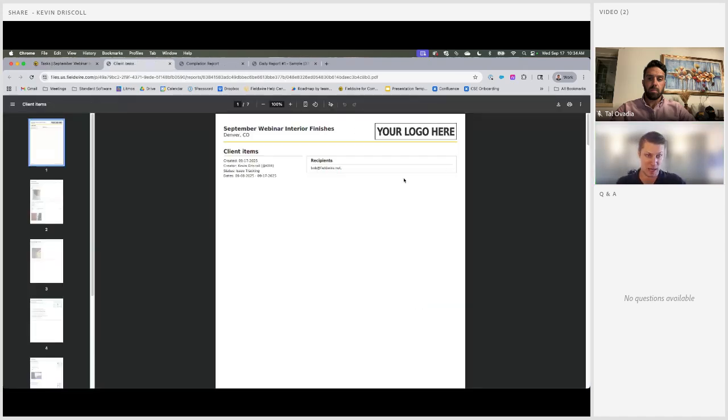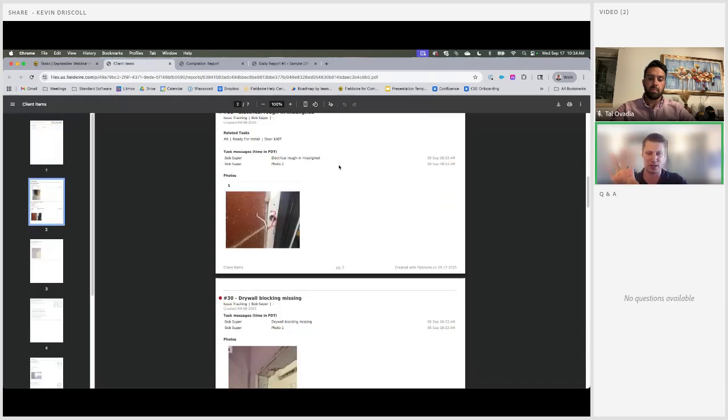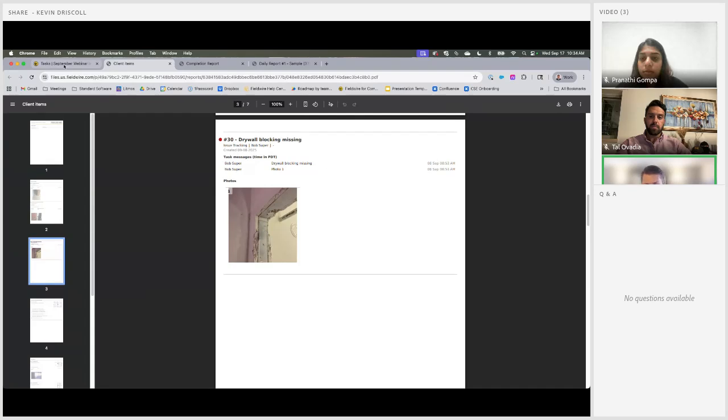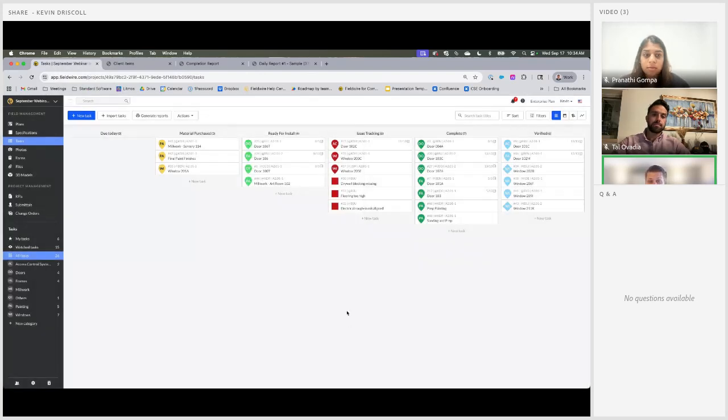We can go ahead and slap your logo in there if you want, and then all of our constraints or issues on site are clearly documented for resolution as the broader project team. So again, that's kind of typically how interior finish contractors are using Fieldwire to reduce risk and eliminate back charges, reduce risk by having a clean insight into the progress that we're making in the job, having those photos with the work documented clearly to prevent back charges, and basically make sure our job is progressing as needed.